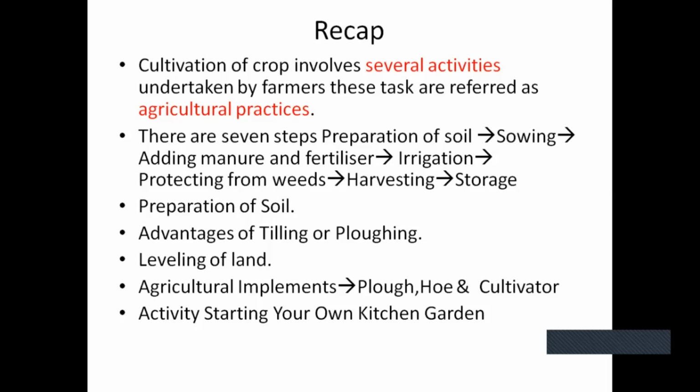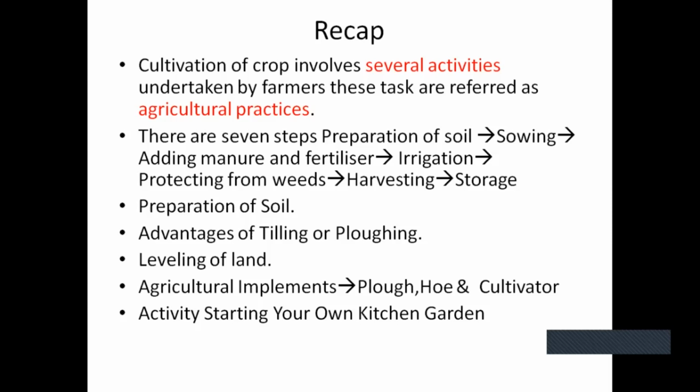Now let's go for the first step which we learned last time, that is preparation of soil. What is done in preparation of soil? The farmer tills the land or plows the land properly. Now tilling and plowing of the land have different advantages. Because of that, the roots get aerated, the number of friendly or useful microorganisms increases, it adds humus to the soil and many more, right? I hope you remembered all these advantages, right?